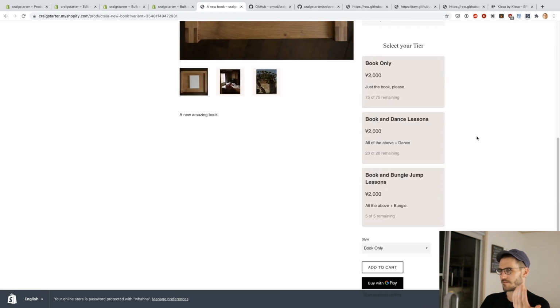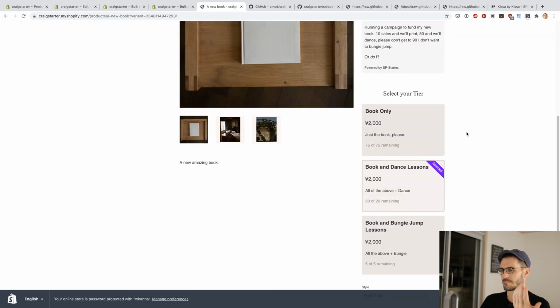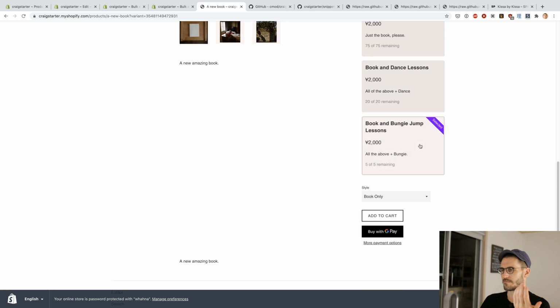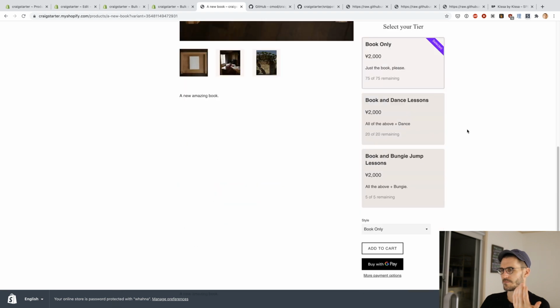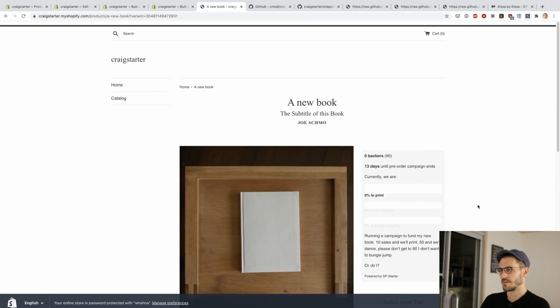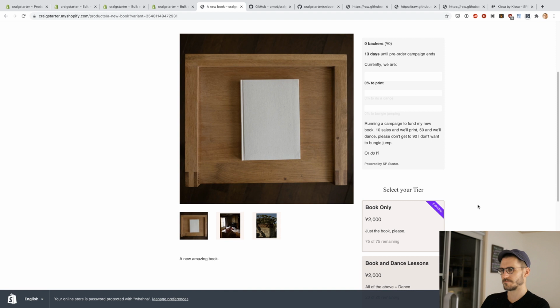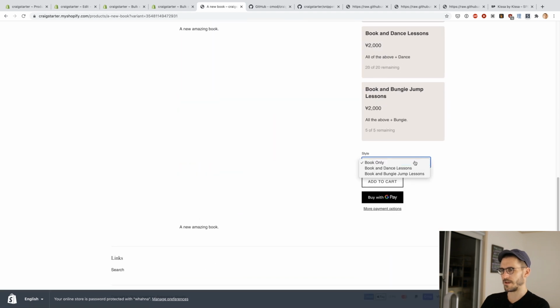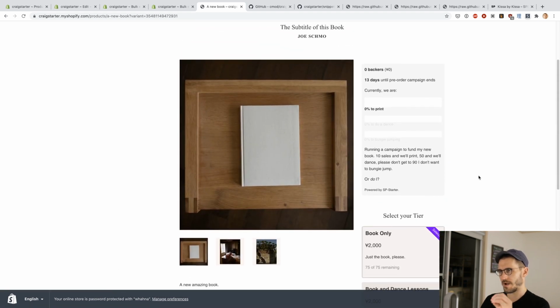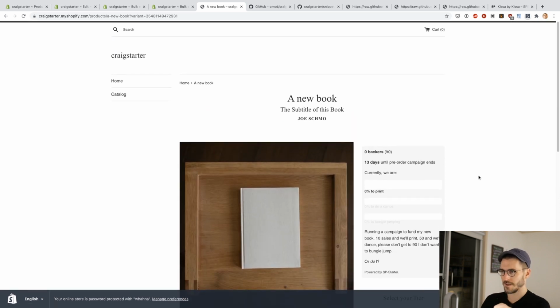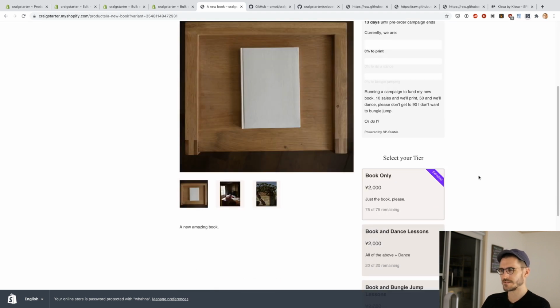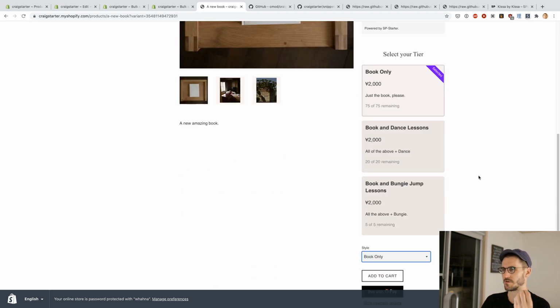And here we go. We've launched a campaign. And you can select, you can add to cart. So there are a few things that I've also done on my version of Craigstarter, which is I've added some other CSS changes in the main CSS. I want to keep this as simple as possible, so